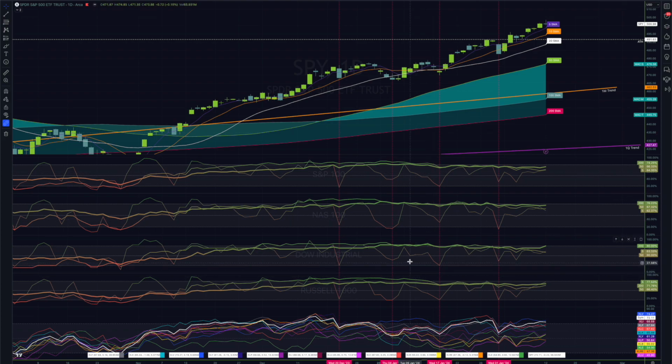So Dow Industrial and Russell, I haven't been bringing them up, but look at these guys, man. The 200, we got 80% of the Dow Industrial. Now, admittedly, I don't know how many stocks are in there. It's probably more than 100. Dow's a pretty big index. It's one of the older ones. Russell, a little weaker, 71. So like I said, Russell's been really struggling to break out over 200, and I think that's kind of what